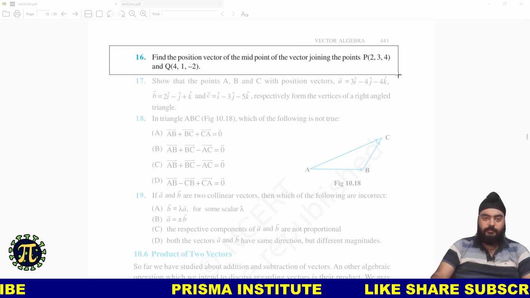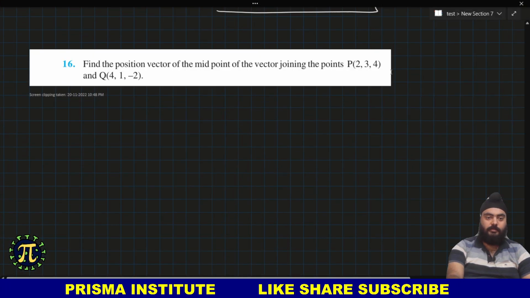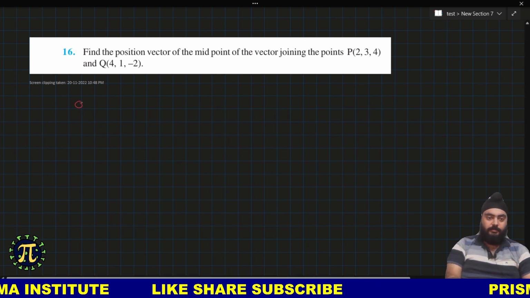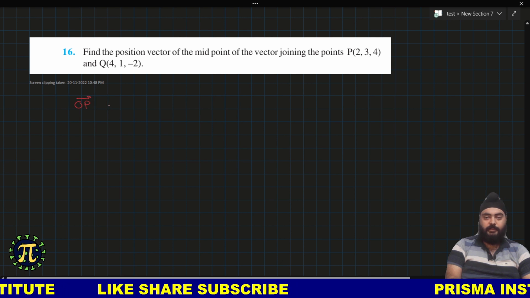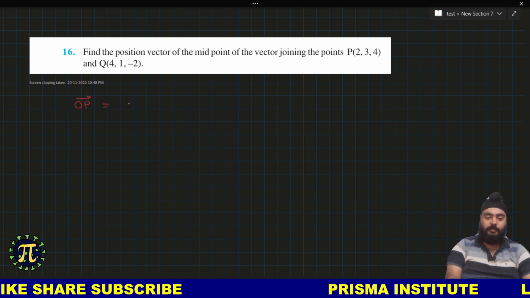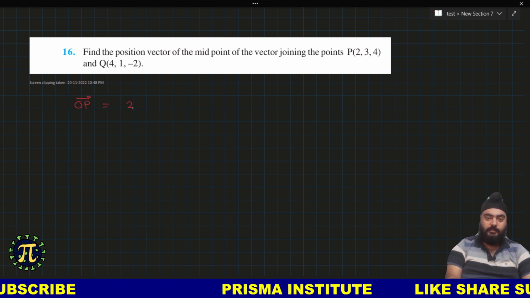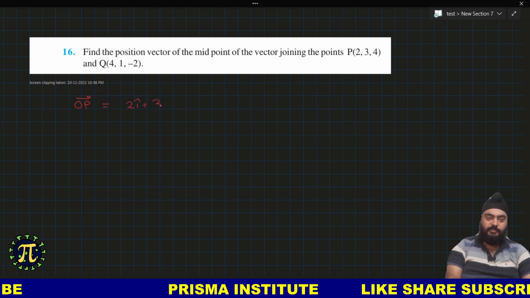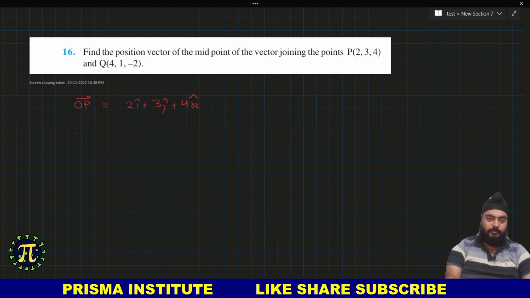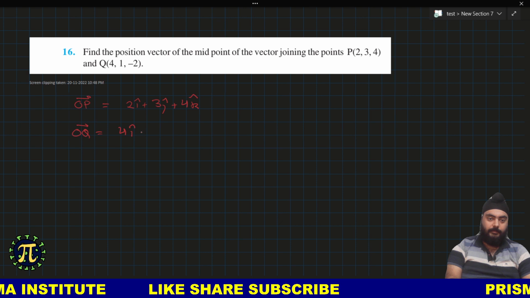So find the position vector of the midpoint of the vector joining these 2 points. Okay, so what is the OP vector? So this is the vector joining. I said coordinate and the position vector are the same thing, right? If you have the coordinate P, what is the position vector of point P? OP vector is 2i cap plus 3j cap plus 4k cap. And what is OQ vector? OQ vector is 4i cap plus j